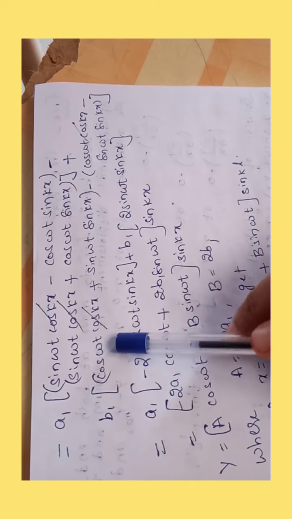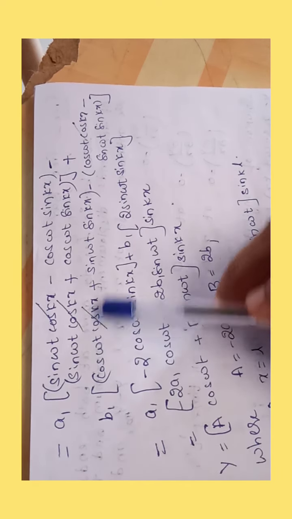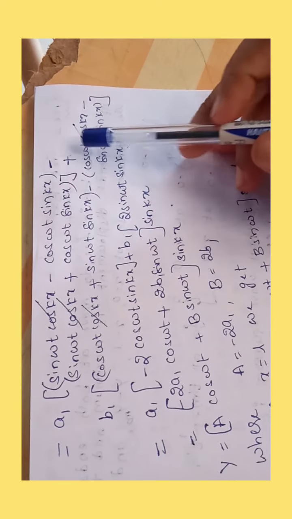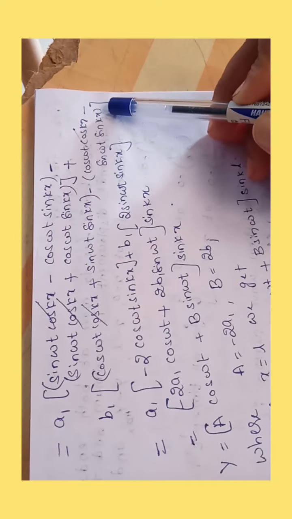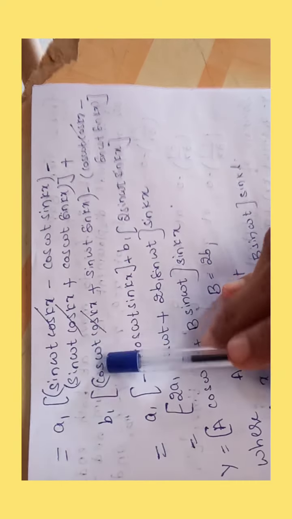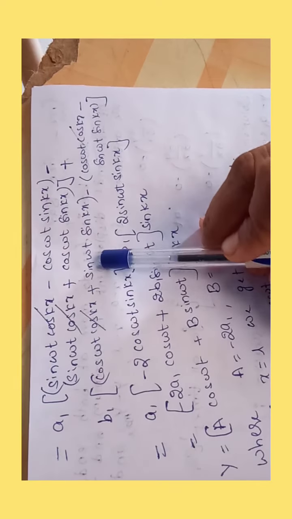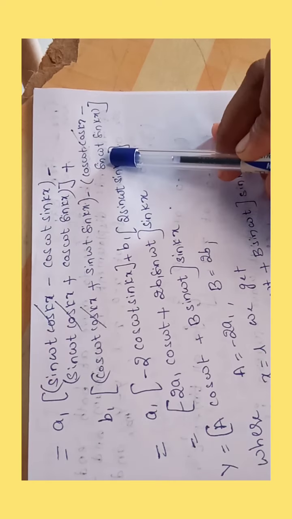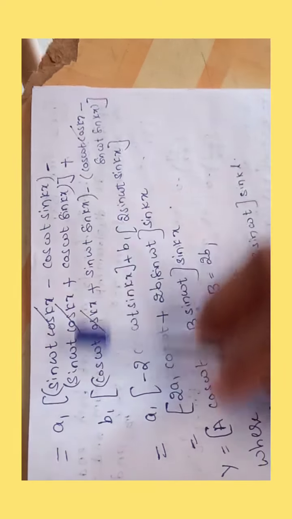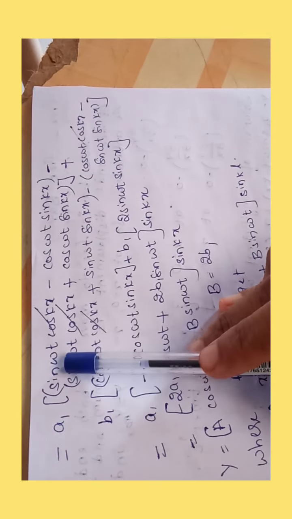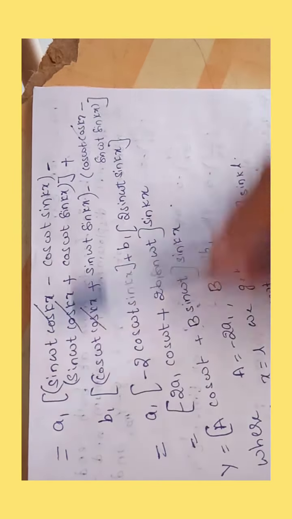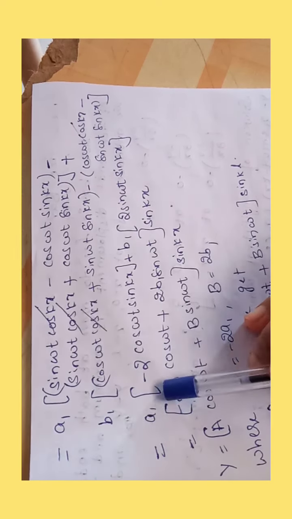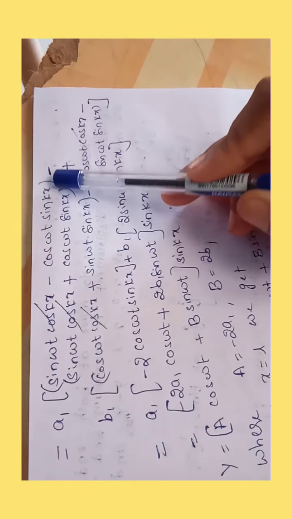Here also cos(a minus b) can be written as cos a cos b plus sin a sin b, and cos(a plus b) is written as cos a cos b minus sin a sin b. Now following that, cos omega t cos kx plus sin omega t sin kx is minus cos omega t cos kx minus sin omega t sin kx. Now here in a1, sin omega t cos kx and minus sin omega t cos kx strike off. So a1 of what we will have, minus cos omega t sin kx.